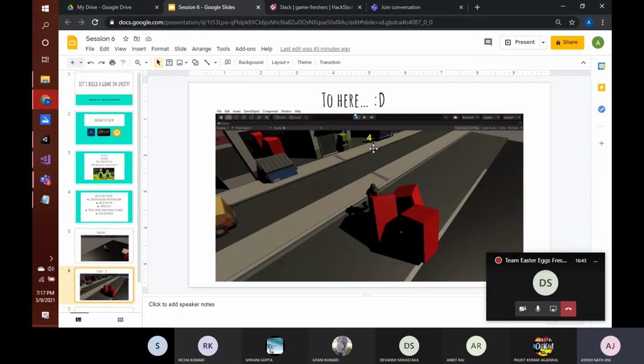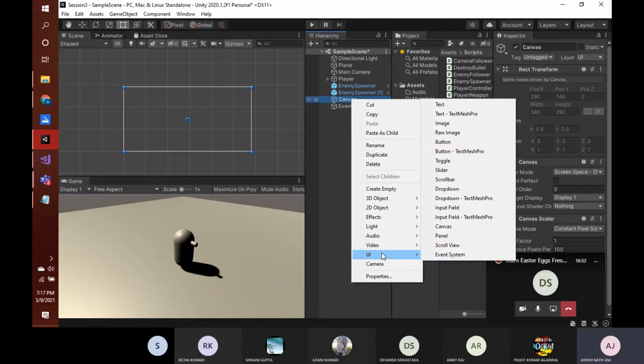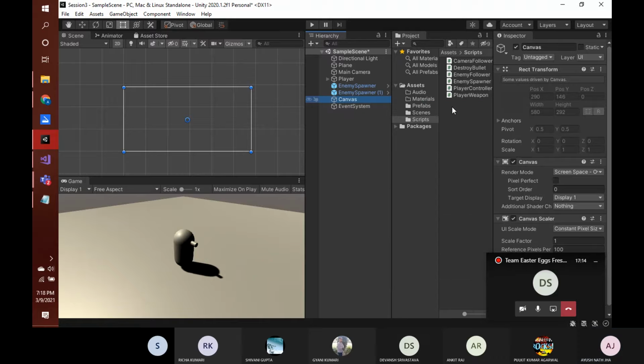So to add that, we can right click on canvas, and within canvas we have multiple UI elements that we can add. We have TextMesh Pro, which is a library consisting of multiple fonts, and then we have image, buttons, sliders, scroll bar, drop down, everything that a UI consists of. We have all the options here. We need to add text, so if we click on text,